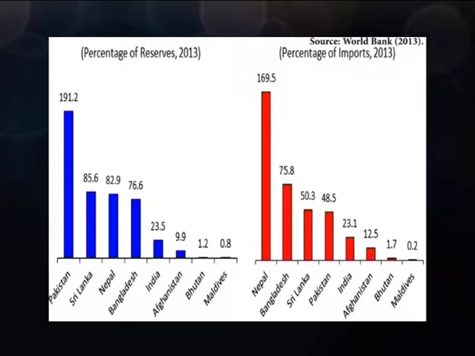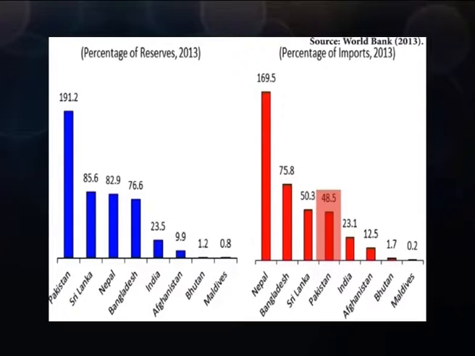The figure shows that though India is the top remittance receiver in terms of the absolute amount, yet as a percentage of its foreign exchange reserves and import payments, it covers less than 25%, as compared to Pakistan, where the remittances constitute near about double the foreign exchange reserves and about